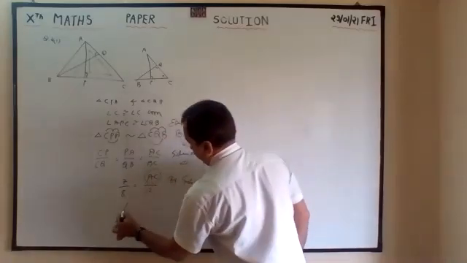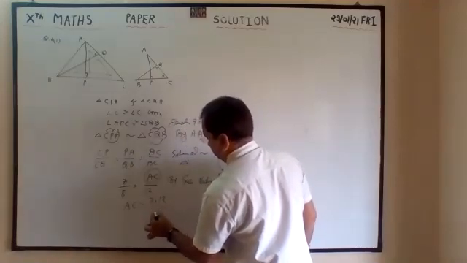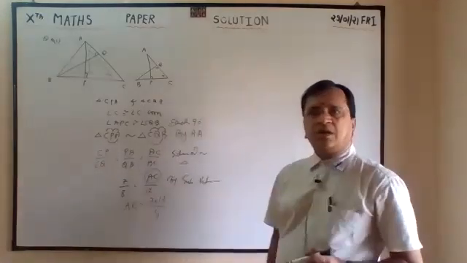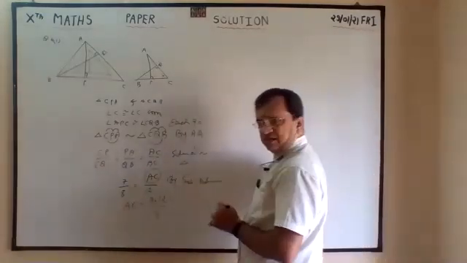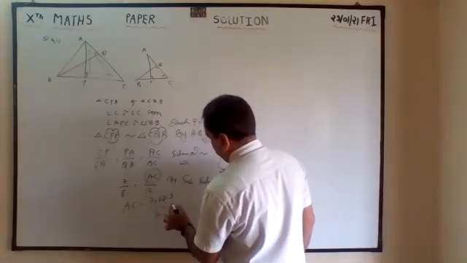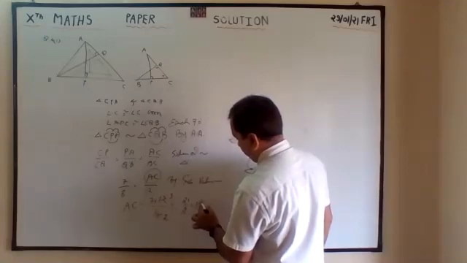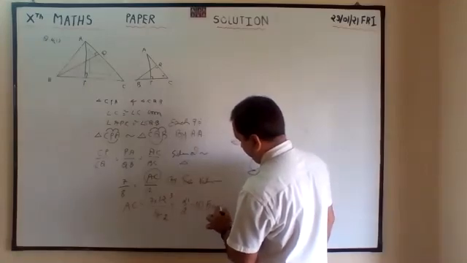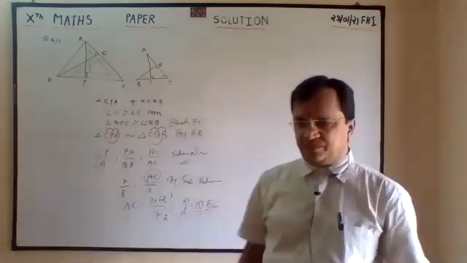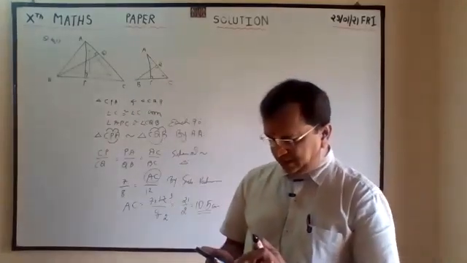So AC. With 4 we can cut. 4 2s are 4 3s are 12, so 10.5. So with the proportionality,